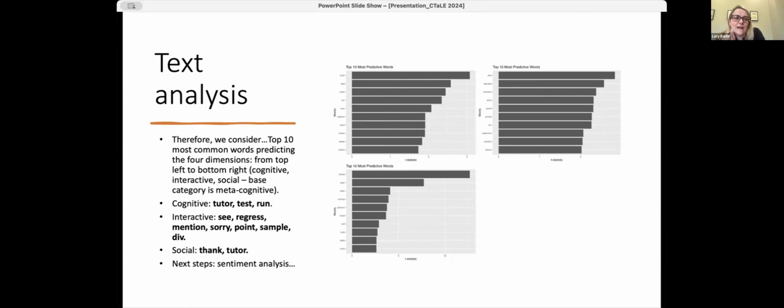The interesting thing here is that for the social dimension, we saw, for example, that words such as "thank" and then the name of the tutor, which we have deleted here just to protect for GDPR reasons. Sorry, 30 seconds. Yeah. So what we see is that the words that predict the social dimension and the interactive dimension,